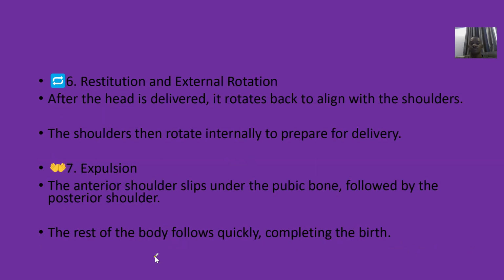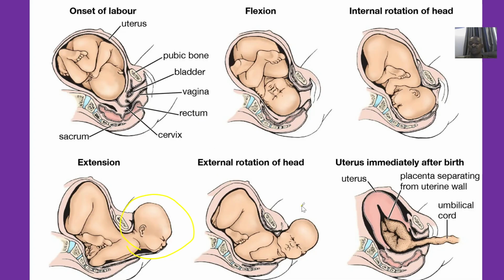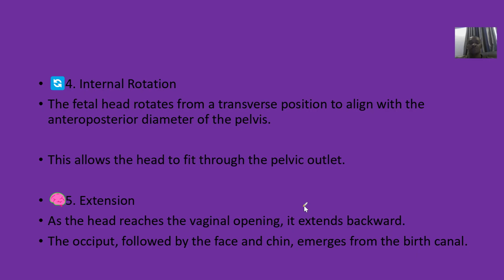Okay, so restitution and external rotation is after the head is delivered. Okay, the baby now has to take on a position that will now be suitable for the shoulders to be delivered. Okay, so